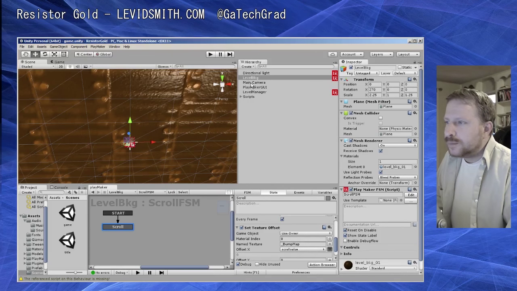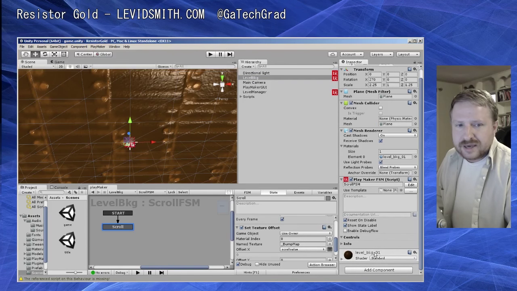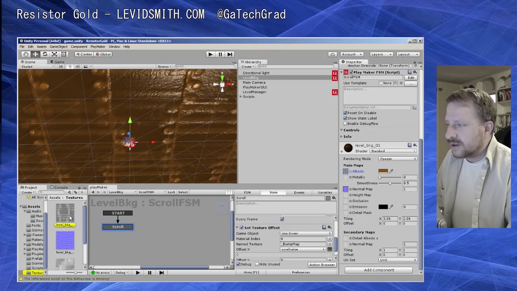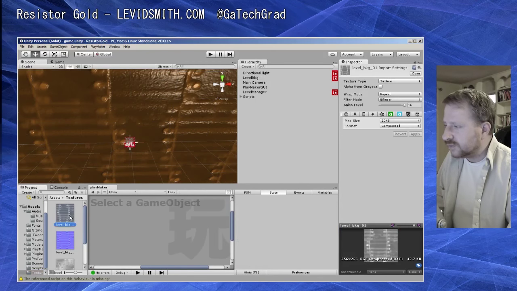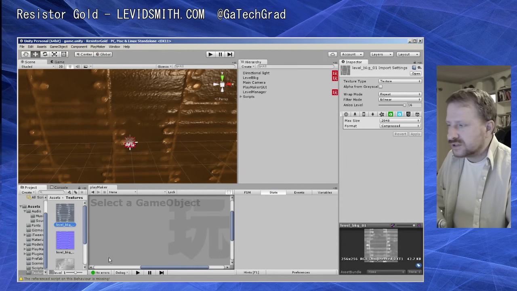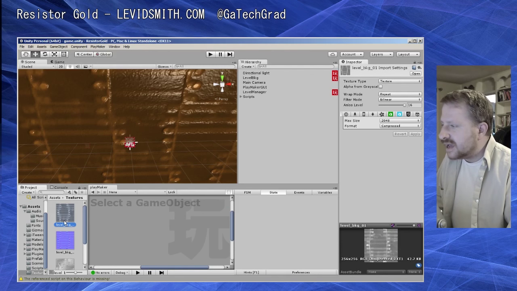But if I go back to the level background, I have, as you can see here, the level BKG01 shader or material applied to this. And you can see here I have just the standard. I pulled this directly from the original Resistor game. This background right here, it will look very familiar if you played the original Resistor. And